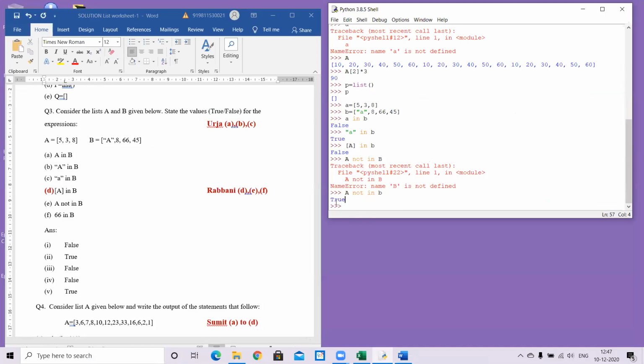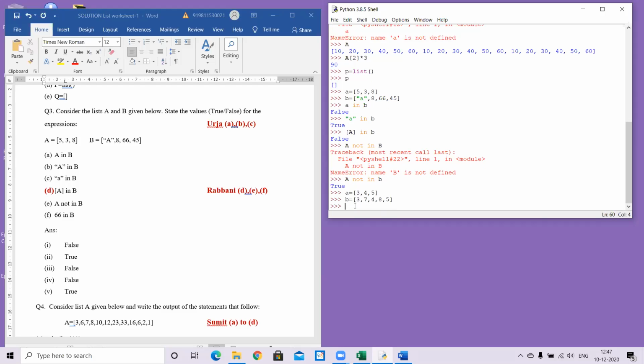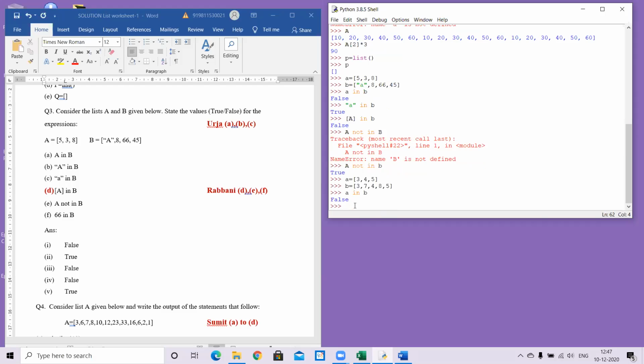Supposing we say, I'm not taking anything in capitals, please, A is equal to 3, 4, 5. Now I'm saying B is equal to 3, 7, 4, 8, 5. So I've mixed the numbers. They are not directly together, but I've mixed them. Now if I say A in B, false.